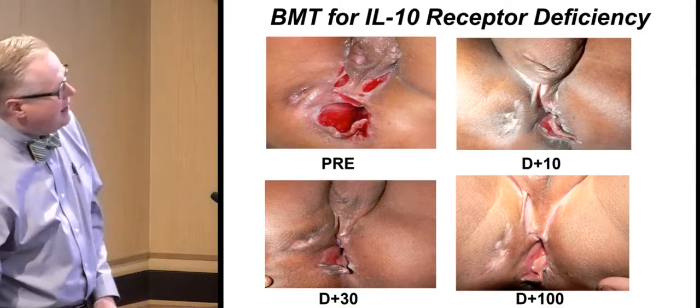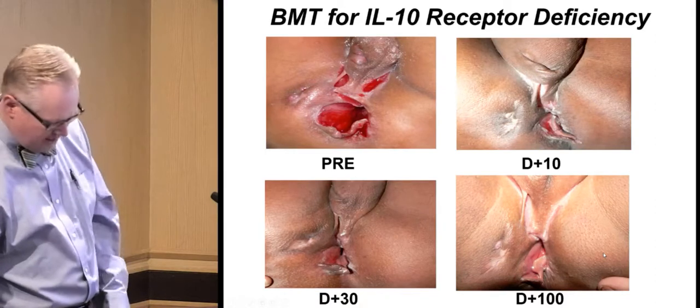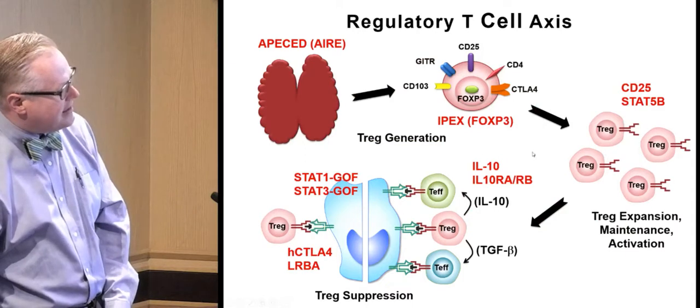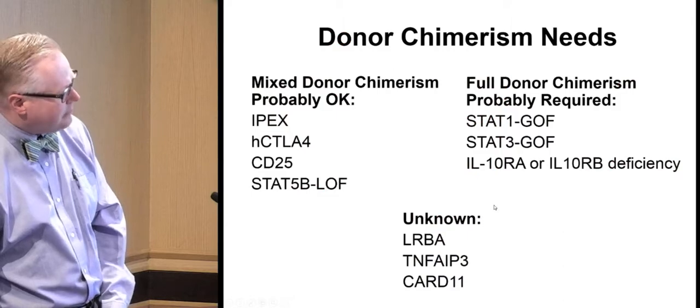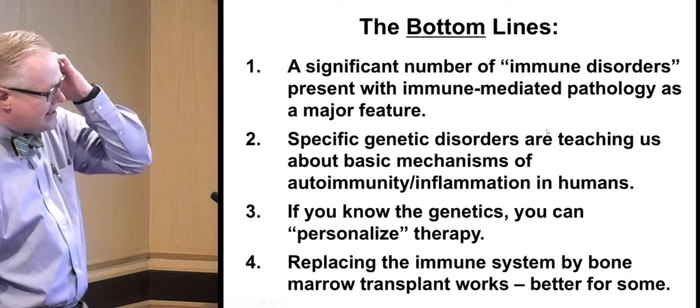And so you get rid of all those activated cells, you give him back a new one, and now post-transplant, he's done very, very well, and he's several years now post-transplant. And so again, that's taught us a lot about the ability of regulatory T cells to suppress here. So we've learned a lot about bone marrow transplant from these diseases, and I'll just summarize with this,